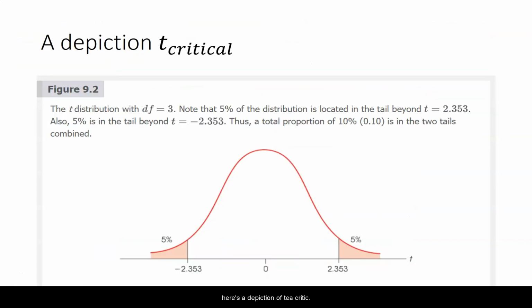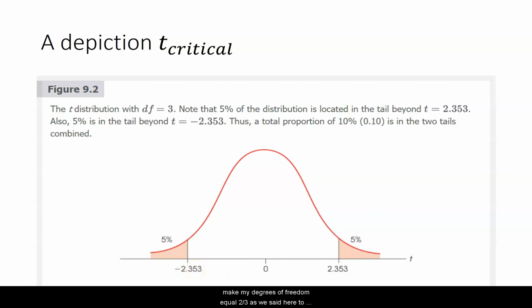So here's a depiction of T critical. Here's the T distribution when degrees of freedom equal 3. And you'll notice that 5% of the distribution is located in the tail beyond T equals 2.353 over here on the right or on the left. Now, again, it depends on what the nature of your problem was. But if I had an alpha of 0.5 one-tailed, I would either be picking 2.353 positive or 2.353 negative